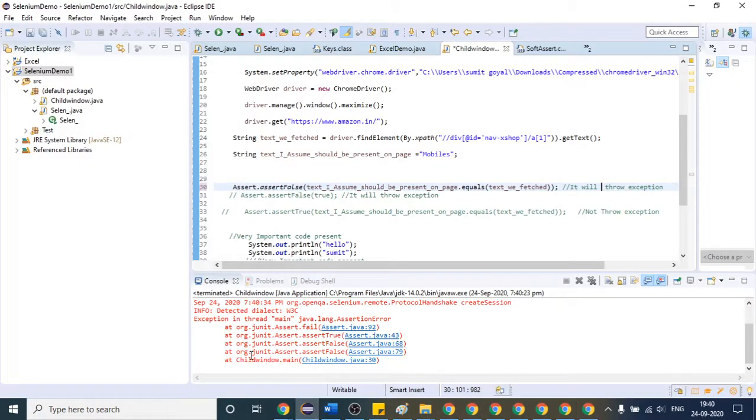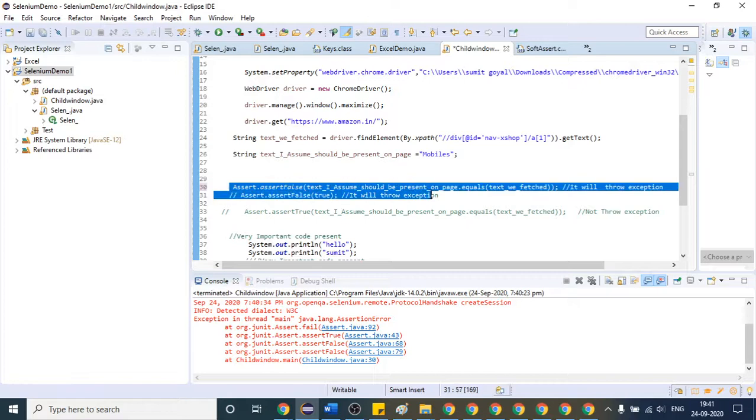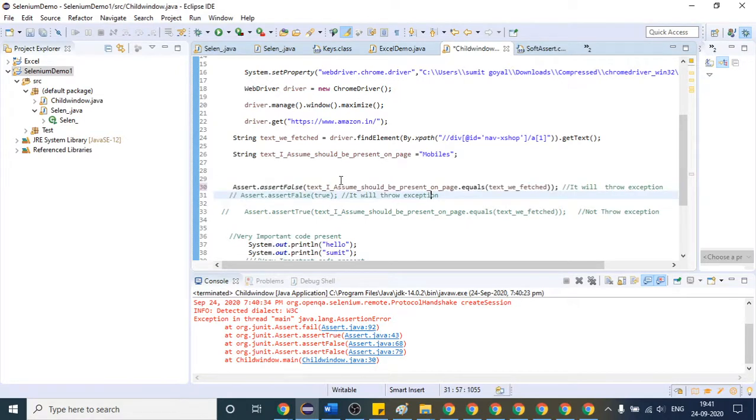This time you can see at line number 30 it has failed. Why has it failed? Because this condition does not match. So what is the condition? This is the text, capital MOBILES, and this text is equal to this one. So inside that true will come, as both the strings are the same. So true will come, but we are using this one, so it will do the opposite. So it will throw the exception, right?